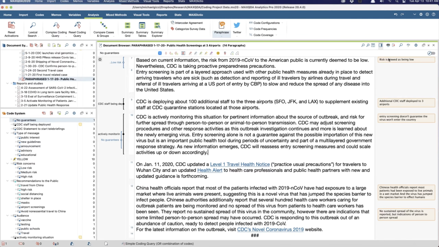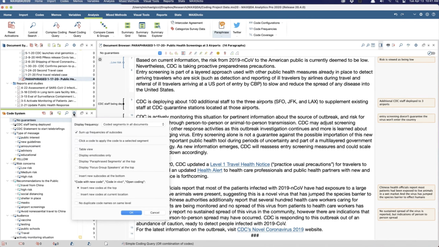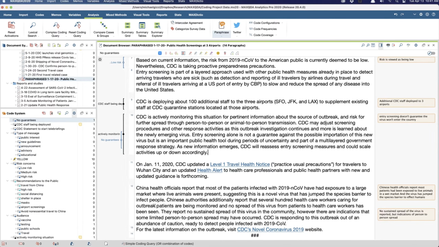Can the same subcode belong to different superior code levels? Yeah, MAXQDA has the ability to limit that. I'll show you here in preferences. You can say that there can be no duplicate code names on the same level, but you can...